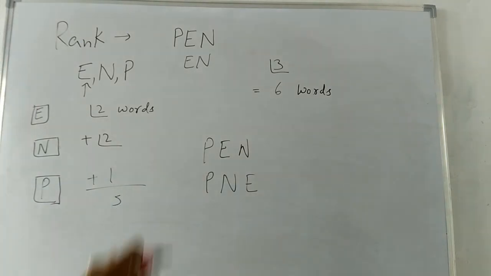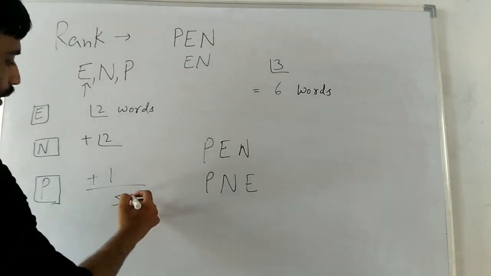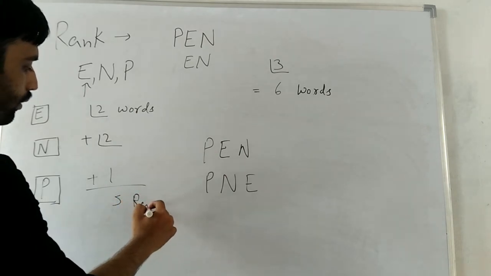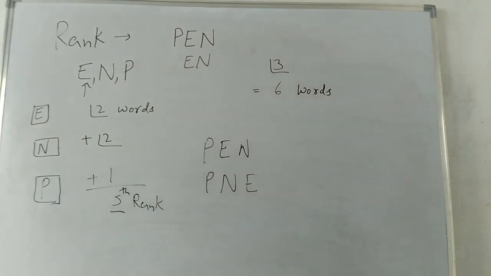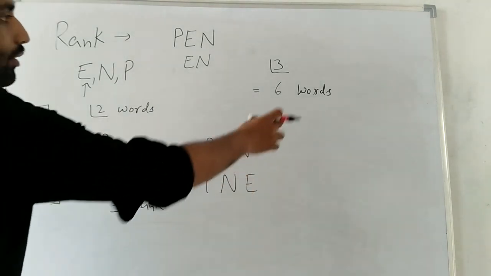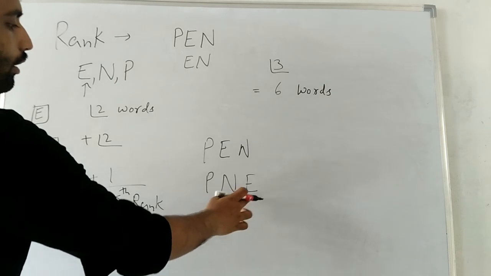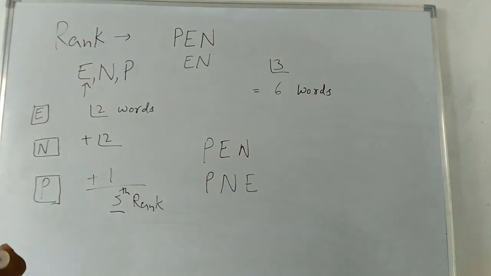So the rank of the word PEN in the dictionary will be 5. Fifth rank. Okay. And you can see that there are 6 words and PNE is the last word of the dictionary. I hope you have understood the question I have tried